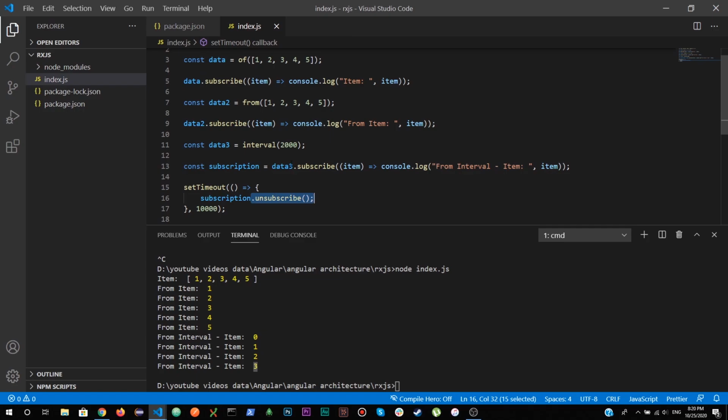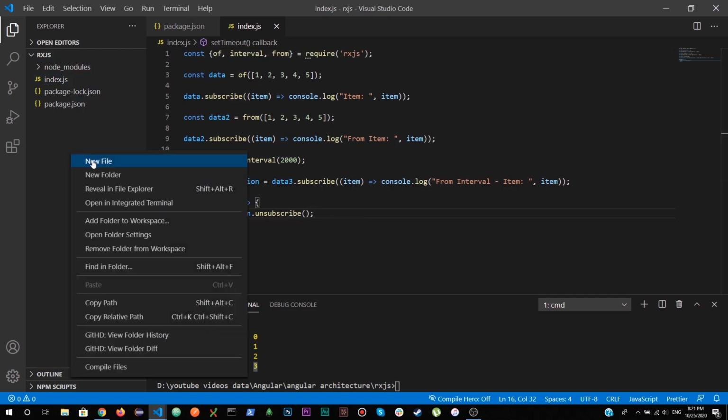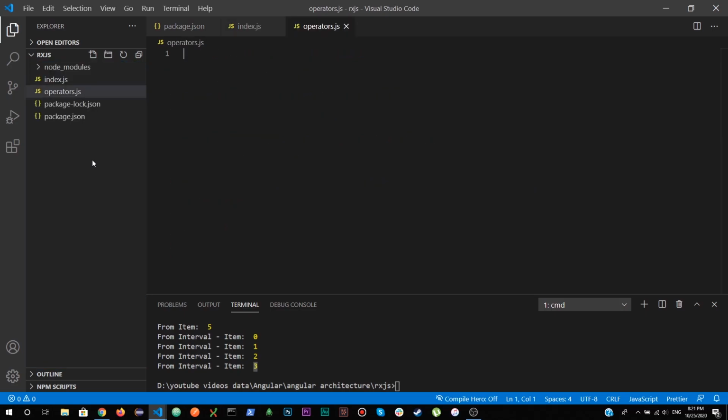So it doesn't matter whether you have an observable from interval, from of, an HTTP call observable, your own observable, or any observable. RxJS provides you around 70 to 80 built-in functions that give you observables. Even the HttpClient module of Angular returns an observable that we subscribe to, right? So this is how you can use the basic operators, and there are more things to go that I'm just gonna cover. So let me create another file, and I'm going to call it operators.js, right?